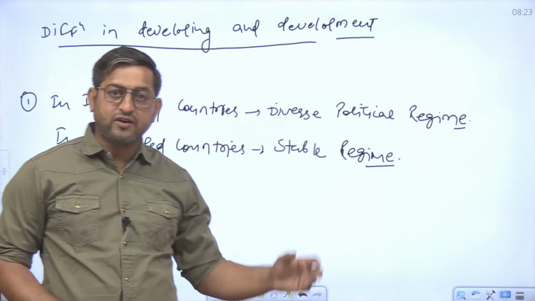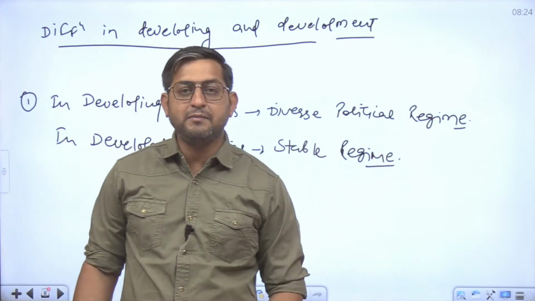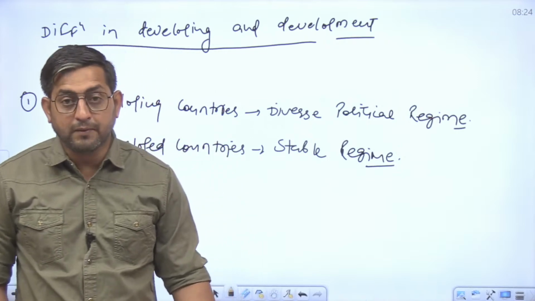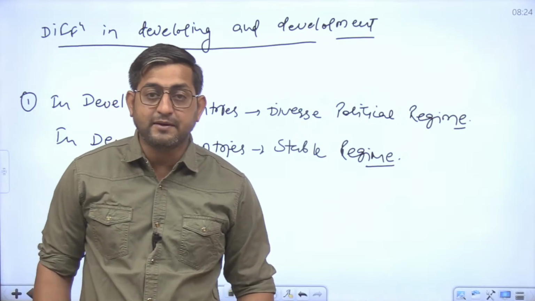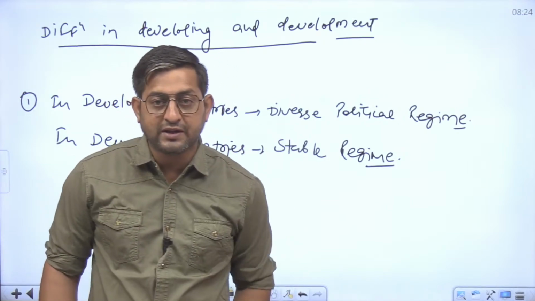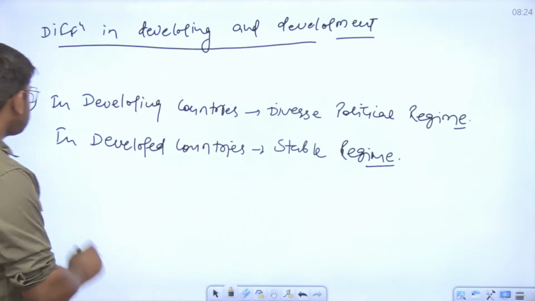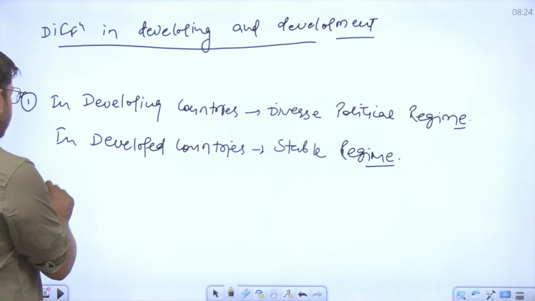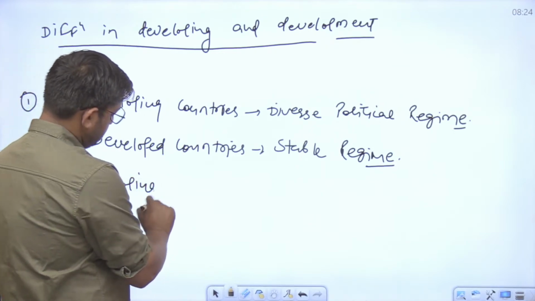इसलिए अब इससे फर्क क्या पड़ता है पब्लिक एडमिनिस्ट्रेशन पर। सो ऑब्वियसली इफ योर पॉलिटिकल रिजाइम इज डिफरेंट, सो द पब्लिक एडमिनिस्ट्रेशन नीड टू बी वेरी फ्लेक्सिबल, बिकॉज दे विल हैव टू accept the new changes and will have to work as per the new changes decided by the political organ of the country। तो एक तो ये डिफरेंस आ जाता है। सेकंड, जो डेवलपिंग कंट्रीज होती है, इन डेवलपिंग कंट्रीज